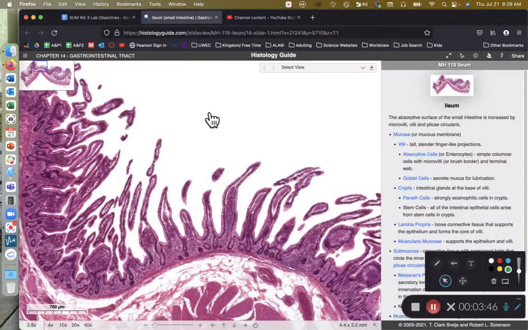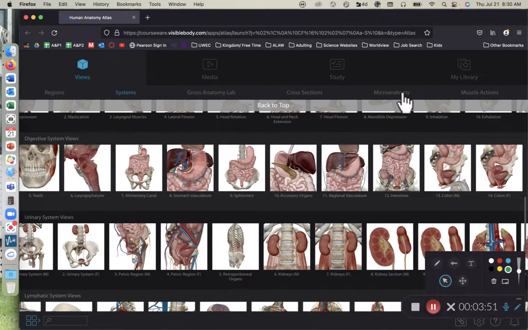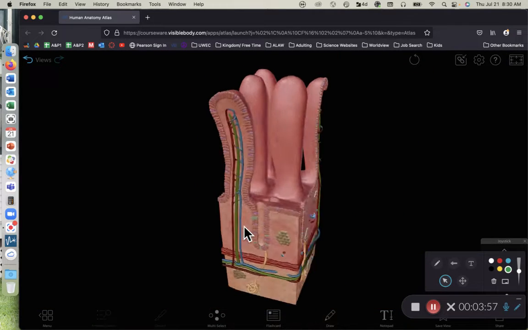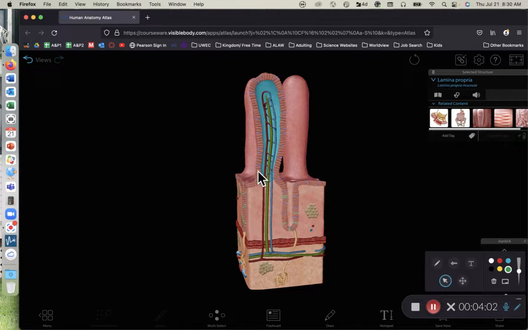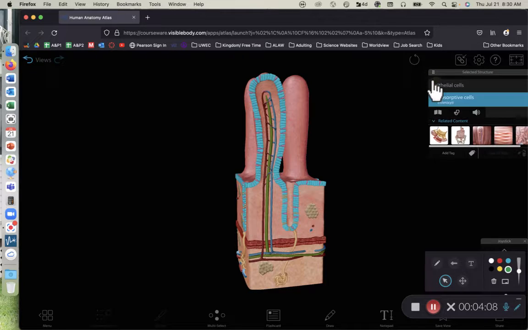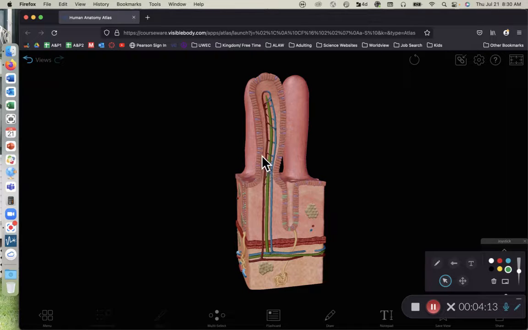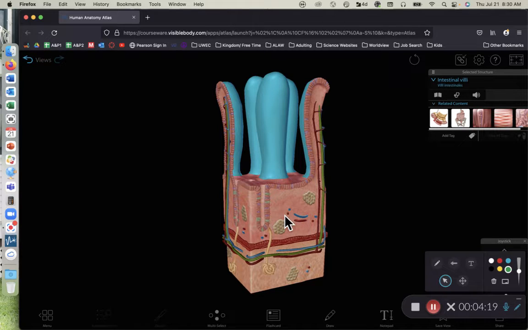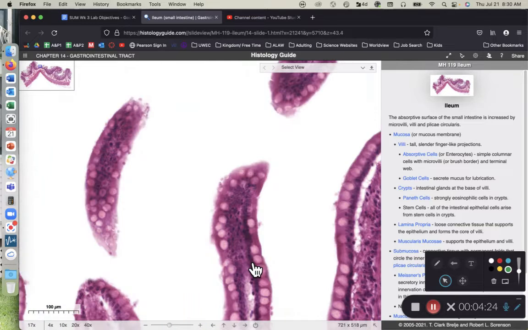Before I zoom in on the villi, I want to show you the villi in a microanatomy view here within Visible Body. So if I go to microanatomy and then click on intestinal villi, we can see the same structure right here as this large region that goes up and over. Of course it highlighted the whole thing. So the intestinal villi is this region that goes up and over. There we go. The intestinal villi highlighted. And if I zoom in on the intestinal villi,